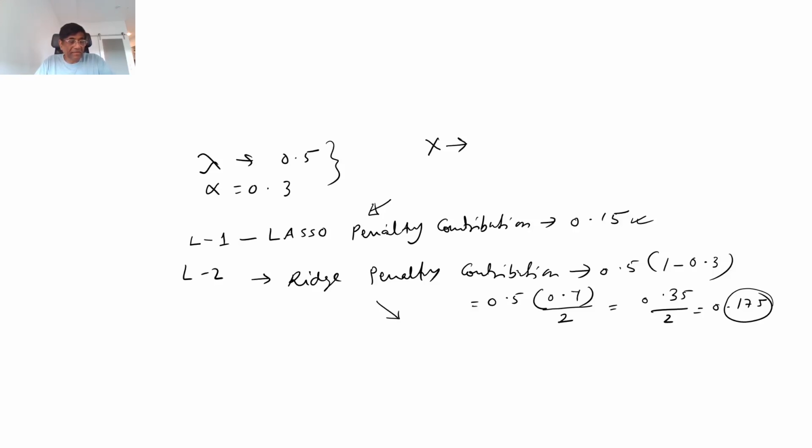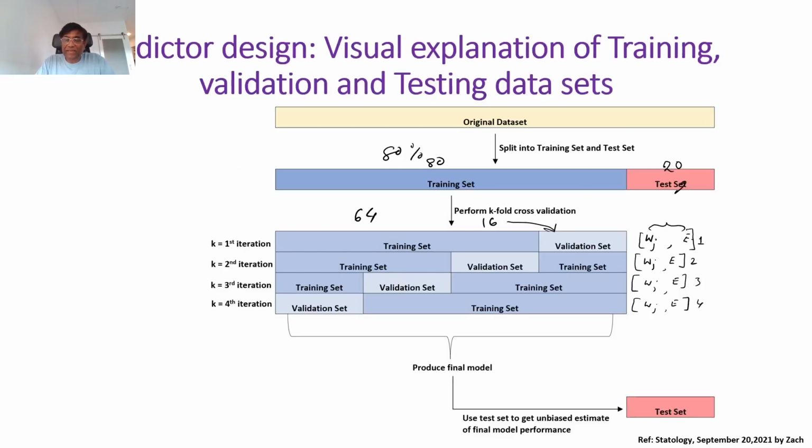So here is a hands-on example which tells you that by selecting lambda equals to this and this, you have ended up almost equally relying on both the regularizers, and that may be good. Good or bad, then you will also have to again do cross validation. And you see, now we are coming here. Suppose you have selected some values and then designing with k-fold cross validation. So here 64, here remaining 16 you have taken, and then with that